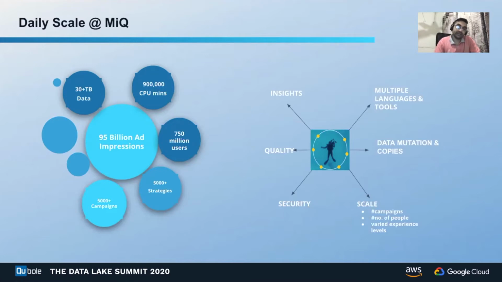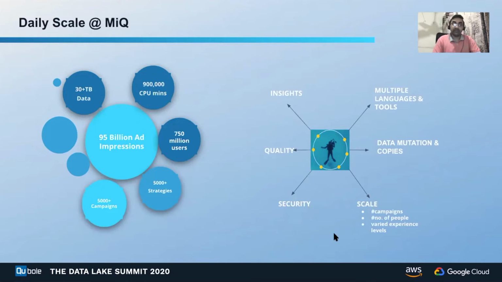So that's where we are saying that we build multiple strategies, based on various domains and various spaces that we operate in. At this point of time, we have close to 5,000 plus strategies, right? And in order to adhere to this amount of scale, volume, variety, what you need is what you're seeing on